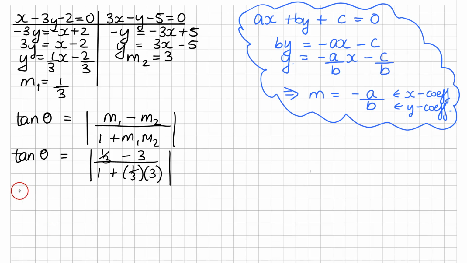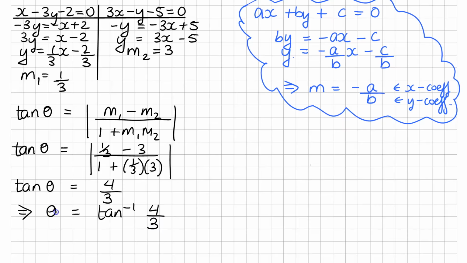So then the tan of theta is equal to 4 over 3. So this implies that theta is equal to the inverse tan of 4 over 3. So then